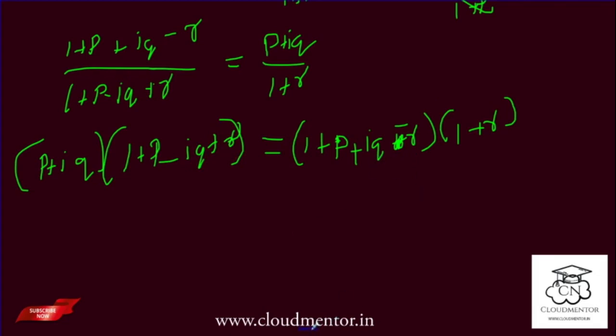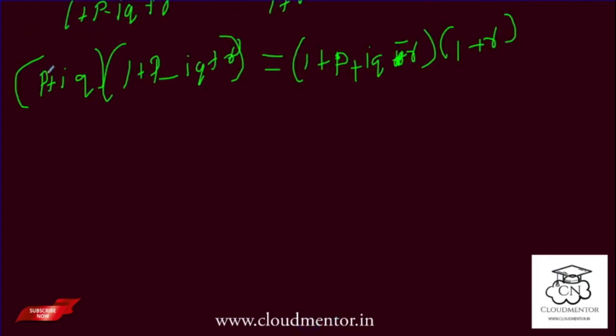So I'm multiplying this, that is p multiplied by 1, p, and p of p, p square plus p square, and p given to here minus pq of i, and here p plus p multiplied by r, that is pr, and now here iq is given here, iq of 1, that is iq, and iq of p, that is again plus pqi,